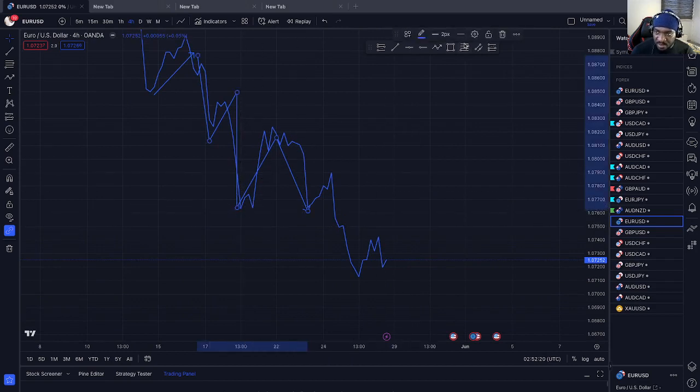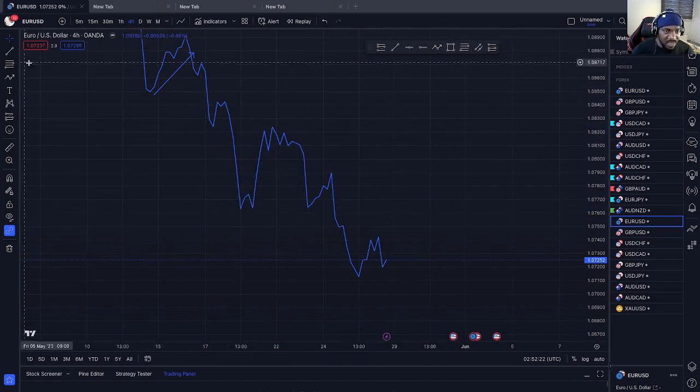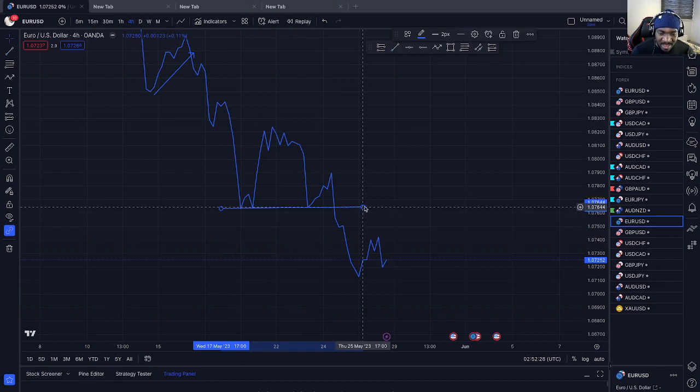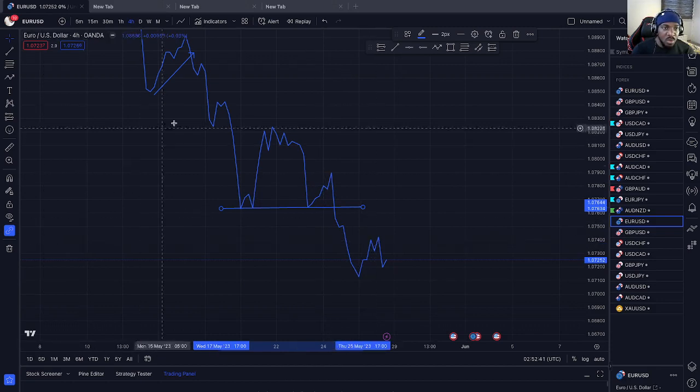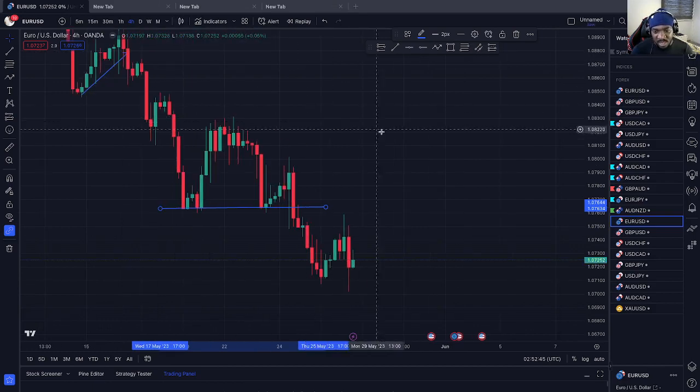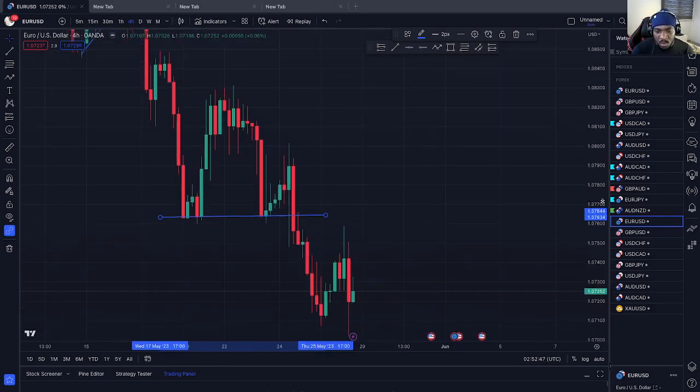Let me take this up so you understand what I'm doing. You see that we have this point, it wasn't really broken. So this point we are in right now, we didn't really break this point going up, and then we broke it, creating a new lower low and then a lower high. So going back to our candlestick,